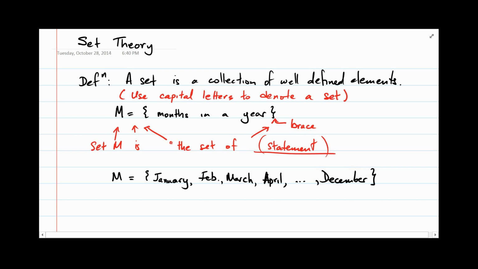Okay, so when we are listing the set, sometimes the list is called the roster method. All right. So we have a roster method of describing, or a listing method,